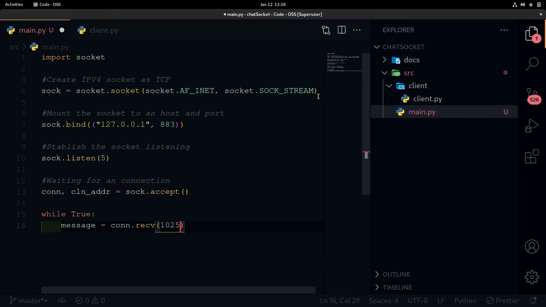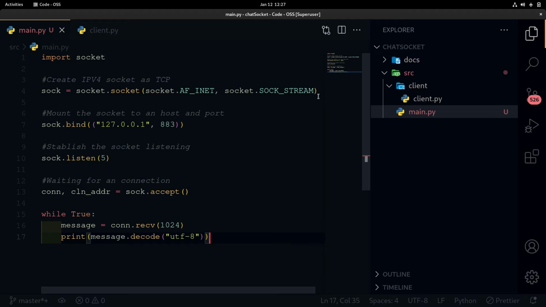If the buffer is higher, the message can have more length. When we receive the message, we print it, decoded as UTF-8.